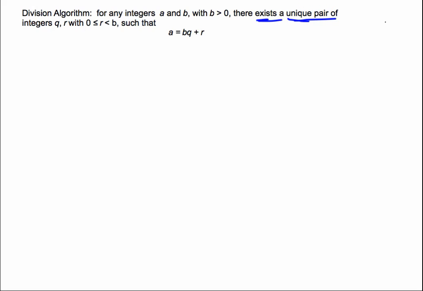So what we have to prove is that for any a and b, there is such a q and an r that fit this equation. And that's the interesting thing about the division algorithm. Now, the proof is not really that simple. It's a little bit complicated. It's not hard, it's just a little bit involved. So we'll go through it. We're going to start with existence,